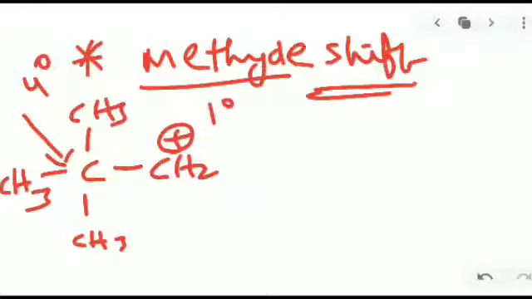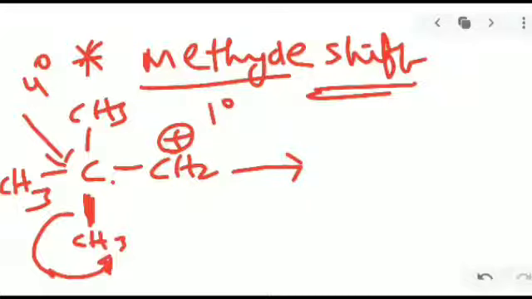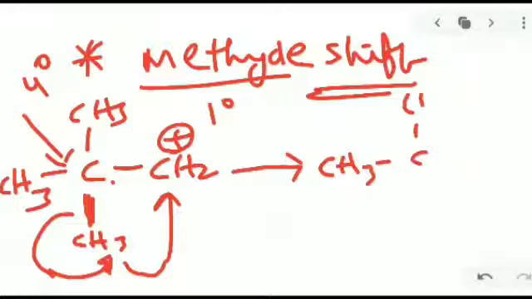Okay, so primary, so here this bond, this methyl shift, the methyl moves to the side and it gets a positive charge. This methyl ion goes onto this, so both are balanced, CH3 and CH3. Here electrons are there, so this comes to this side and it gets a positive charge, then the methyl ion attacks the positive charge, and the carbocation will be formed here.